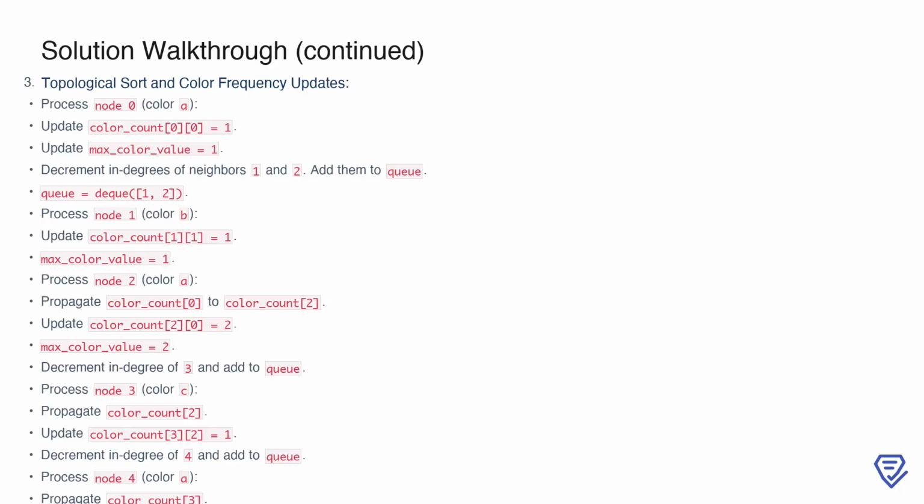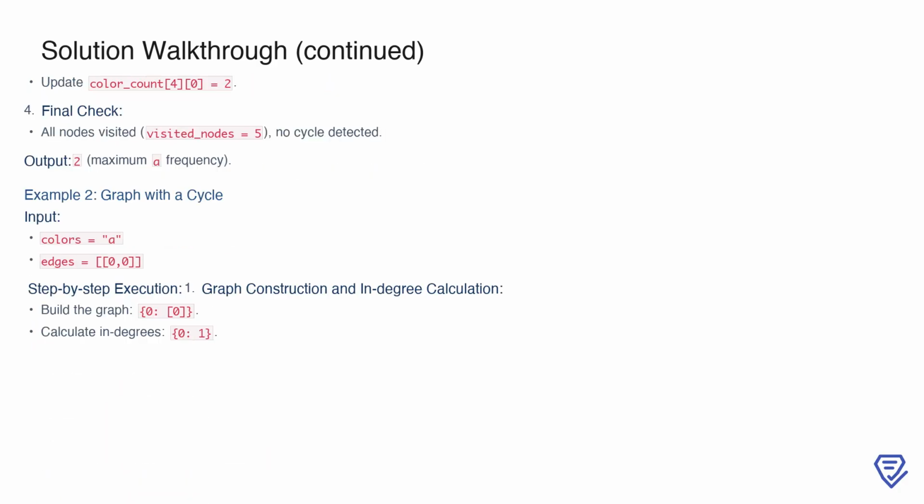For node 3, which has color C, we propagate the frequencies from node 2, increment the frequency for C at node 3 to 1, and add node 4 to the queue after updating its indegree. Finally, we process node 4, which has color A, and propagate the frequencies from node 3. At node 4, we update the frequency of A, resulting in a value of 2, which matches the current maximum